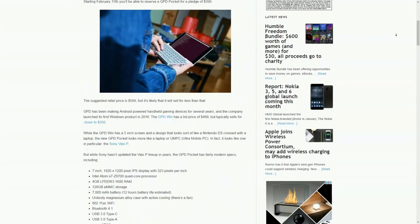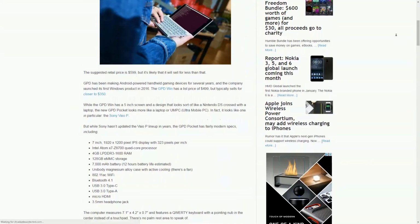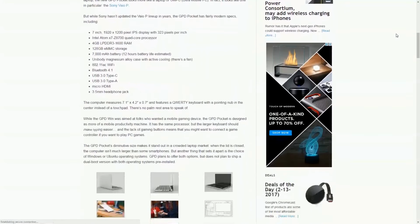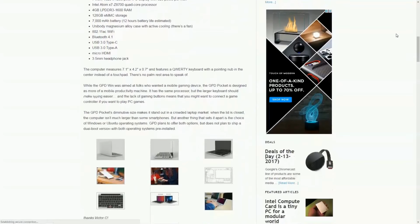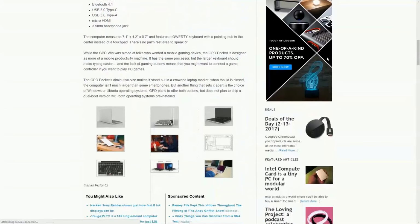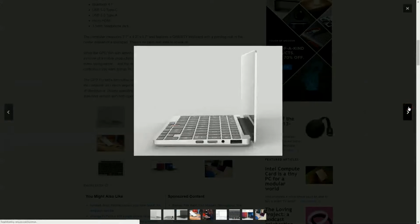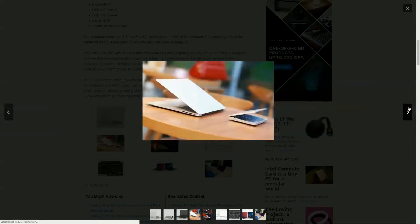And I was just interested in it because it's so small. It would just be cool to pick a 7-inch laptop up and carry around. Just grab it, throw it in the bag, and go. But the starting price is a little atrocious. It's about $399, I think, is the starting price on Indiegogo, or that's the speculated starting price. And I just can't afford to blow $399 on a 7-inch laptop that I'm not going to use that much,